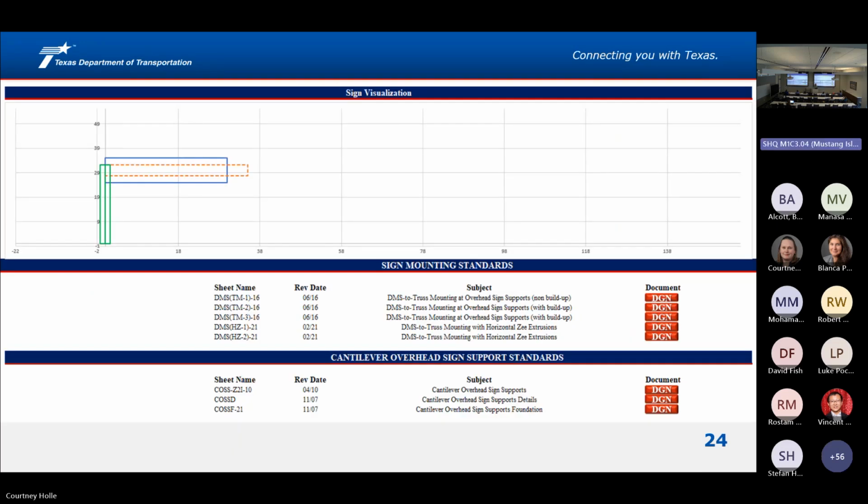Below all that, there's a visualization. It's going to be a good way to see if you've defined the inputs right relative to your elevation view. And then below that, this is awesome. It's going to filter out your standards that apply. And then if you click that red DGN button, it downloads the DGN for you. Add it to your project directory, add it to your PSET renditions, whatever you do.